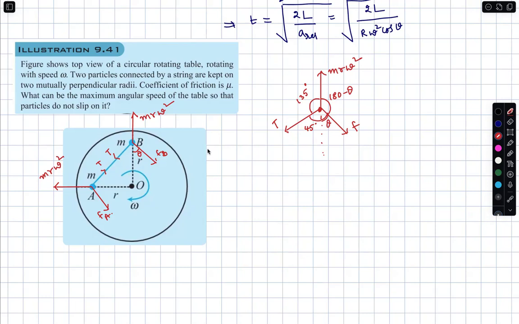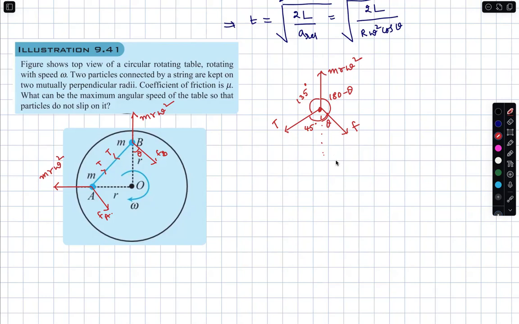Earlier, my problem is there are two unknowns. What to do? There are two unknowns, and you said the coefficient of friction is mu. Tension is unknown, theta is unknown. How to handle this? But one thing I can say,